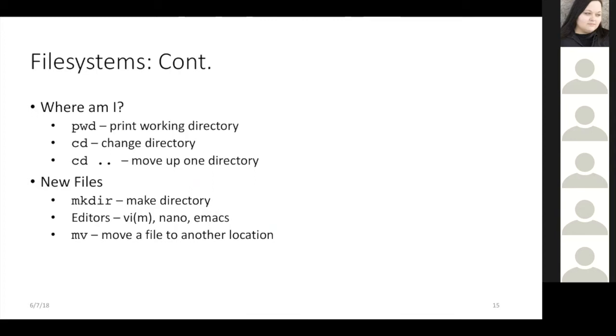You can also create new directories and move files around. And you can also use any text editors that are native to the command line. So Vim and Nano and Emacs, things like this. And you can install other editors as well if you like. But these are the sorts of things that you can do on the login nodes without impacting other users. But this allows you to stay on the command line and do your work there without having to move a bunch of files from your local machine onto Stampede 2.